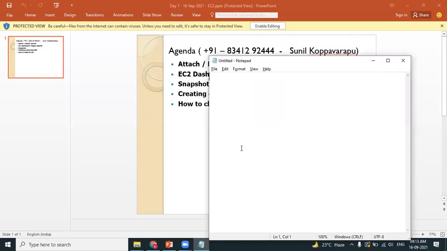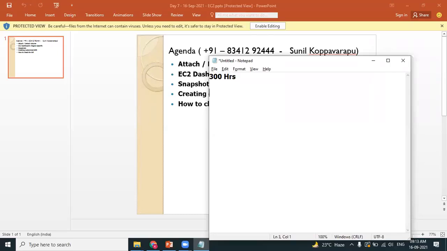One more point. There may be cases because we are all learners, we may miss to stop the instances. We may forget to stop the instances and we directly sign out, we forget to terminate. So what happens after 3-4 days? If you log in again, you can see the instances are still running, isn't it? In such a case, when you exceed the limit, you can see the limit is 300 hours